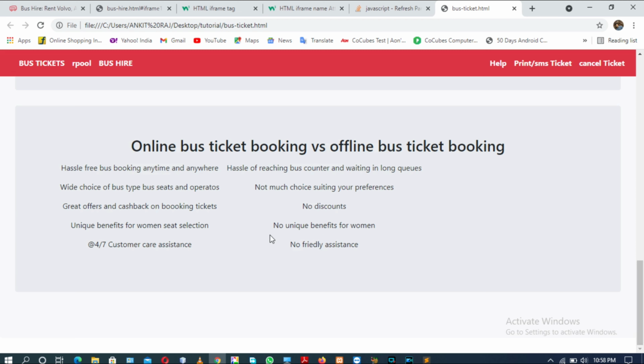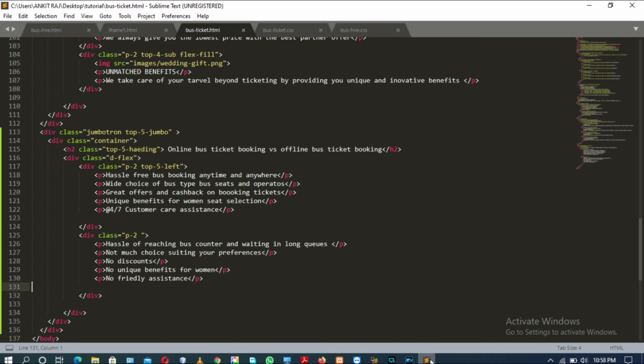So we need to first change the alignment of the different elements of this tab. Coming back to the coding part, actually here there should be 4 div tags, because there are 4 div tag closings here: 1, 2, 3, 4.